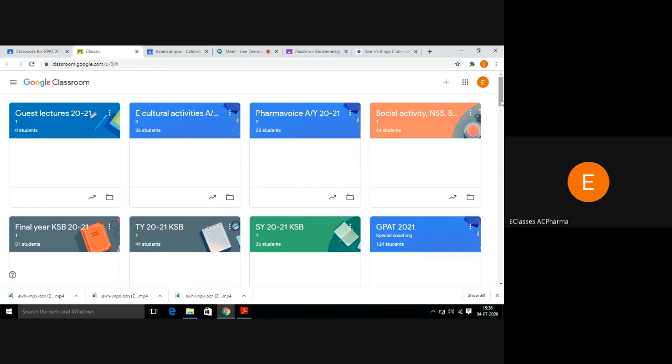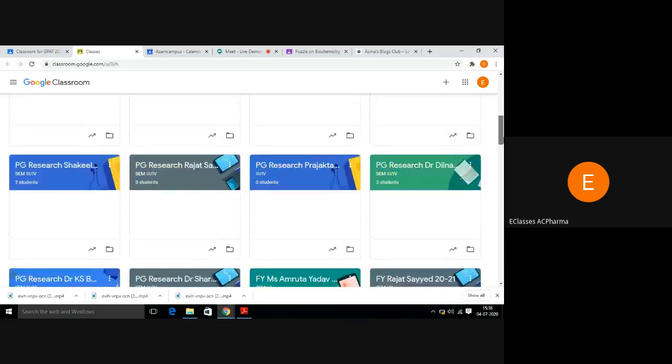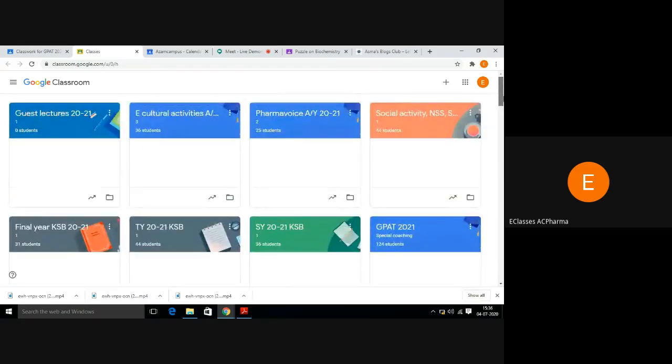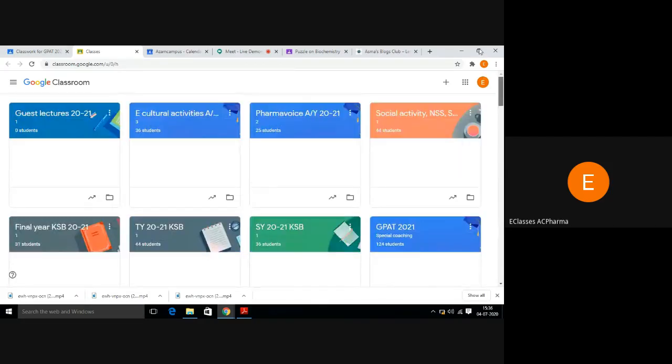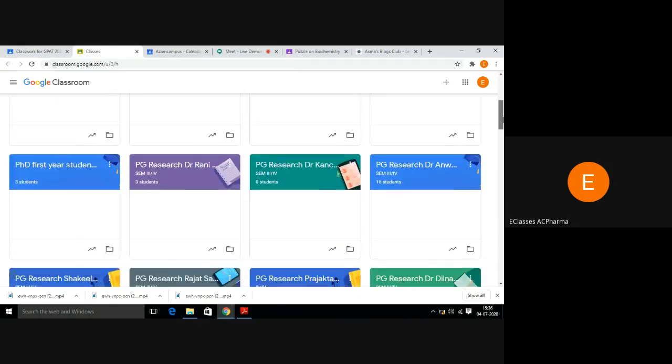Now, for this academic year, I have generated 40 classrooms, right from first year B Pharmacy to PhD, to GPAT guidance, and the various portfolios also, like cultural activities, social activities, guest lectures, career guidance, etc.